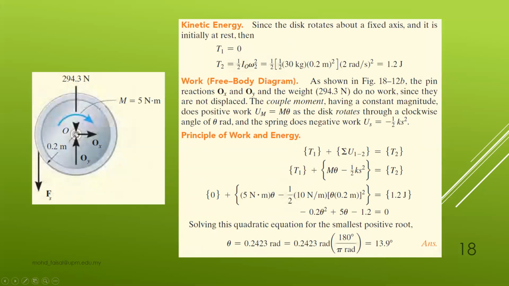And on this particular pin point here, point O, you will have a reaction force Ox and Oy. Okay, and the wheel itself weighs 30 kg. Then 30 kg you multiply by the gravity, then you get the weight of this disc is 294.3 Newton. And note that this disc is subjected to a moment of 5 Newton meter. So, okay, now what we need to do is solve